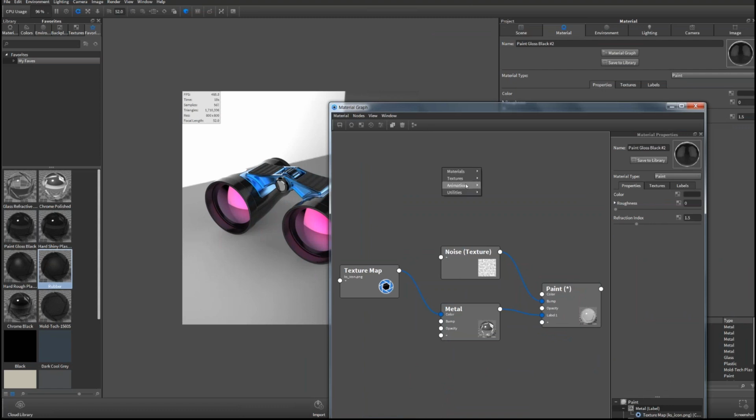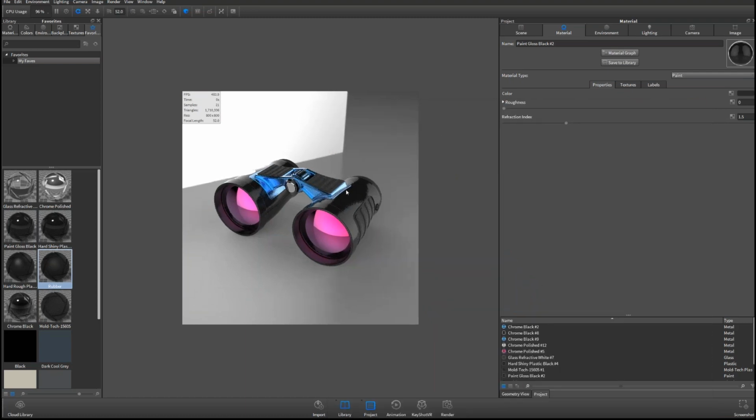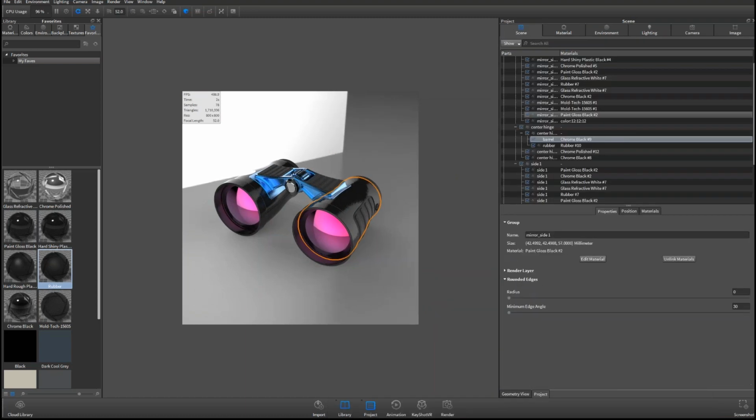But if I right click, there are animation nodes in here. I can actually fade. So I can do fade by color or fade by number. And we'll have to get to these in a little bit more detail in a future webinar. But if you wanted to do material fades going from one color to another, now we can do those in KeyShot. So that's a new addition with our animation.